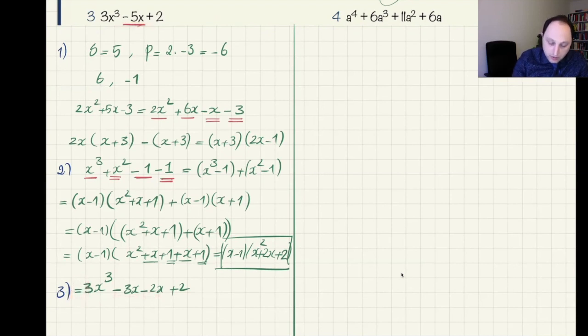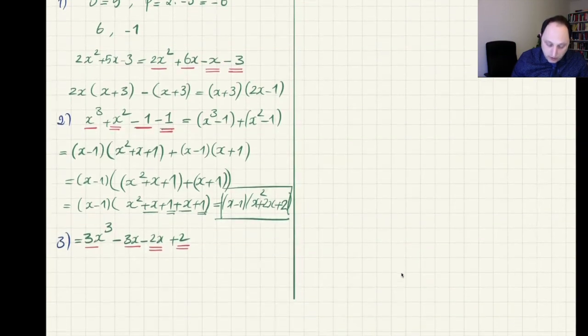And now what can I do? I can use grouping things. So I can take these two together and I can take these two together. Yes. So what can I do now? I can factor 3x from the first two out, then I will be left with x squared minus 1. From the second group, I do not factor 2, I factor minus 2 because I need x to be positive and 1 to be negative. Okay, but so far, this is not a common factor because this is x squared minus 1, but this is just x minus 1. But based on your experience, now you immediately realize that x squared minus 1 is a